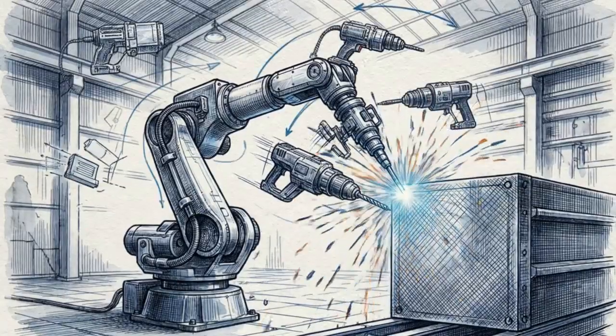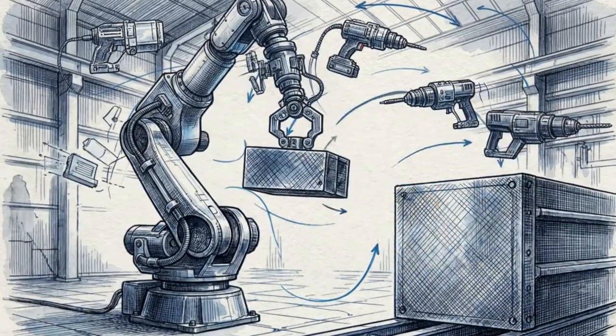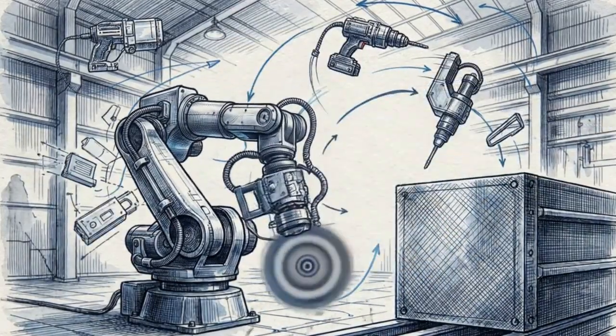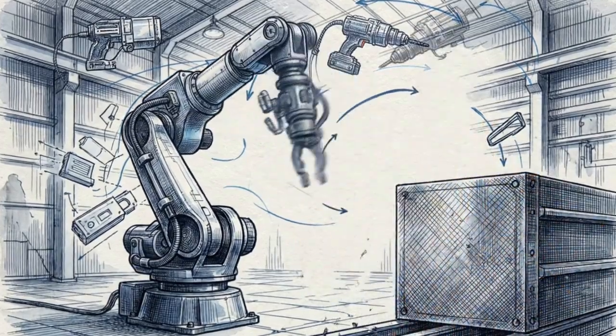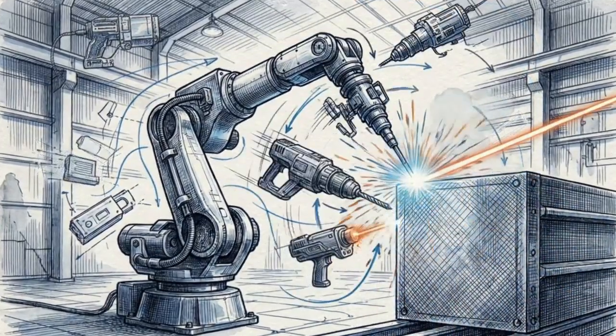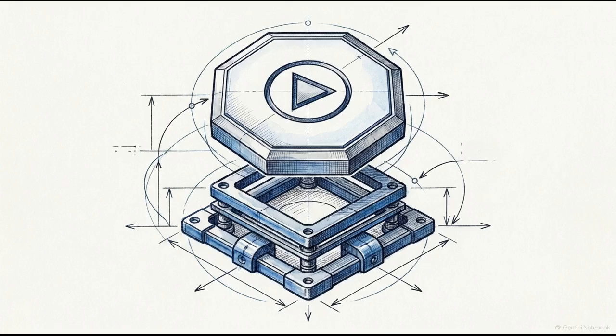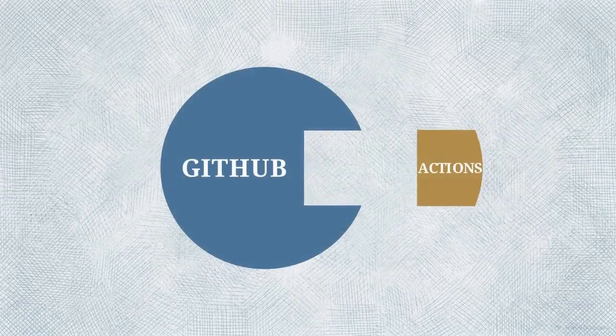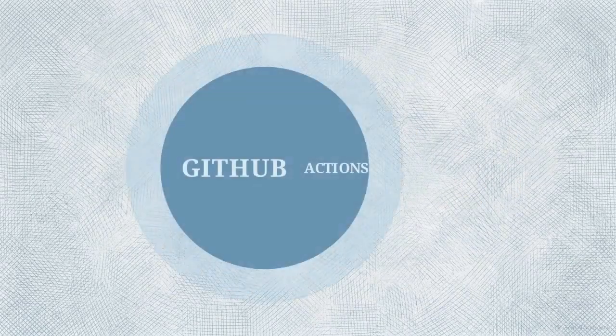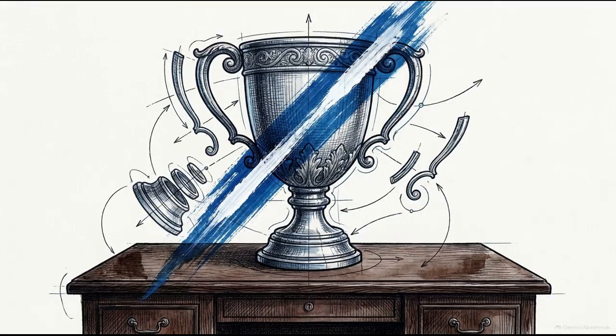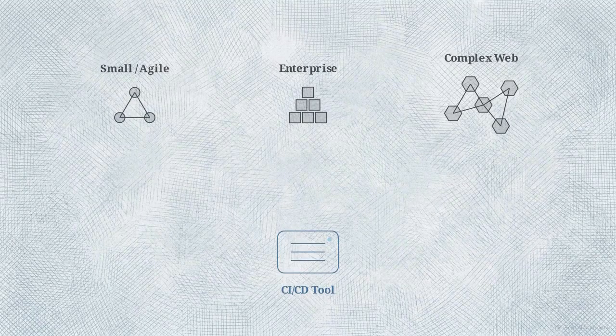But when it comes time to build that automation, teams find themselves staring down two entirely different architectural philosophies. On one side, you have Jenkins. It's an open-source heavy hitter that has dominated the industry for well over a decade through sheer brute force flexibility. On the other side is GitHub Actions, a newer tool natively integrated directly into GitHub to make the entire process as frictionless as possible. We aren't going to declare one of these tools the universal winner based on a random list of features. Instead, we are going to look at how you map the right tool to your specific team